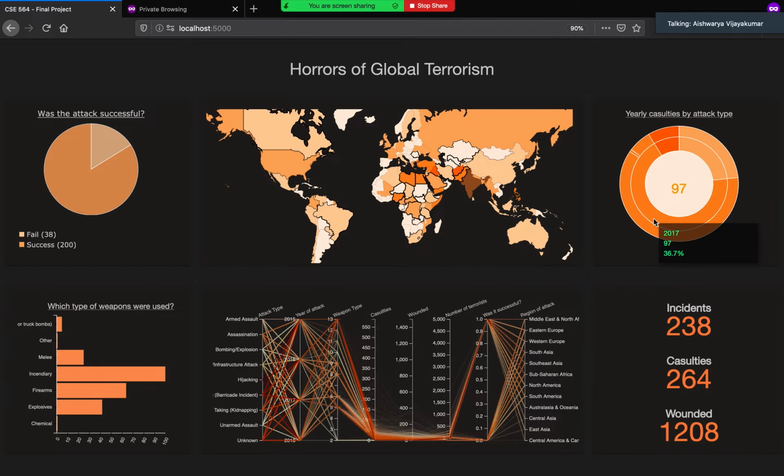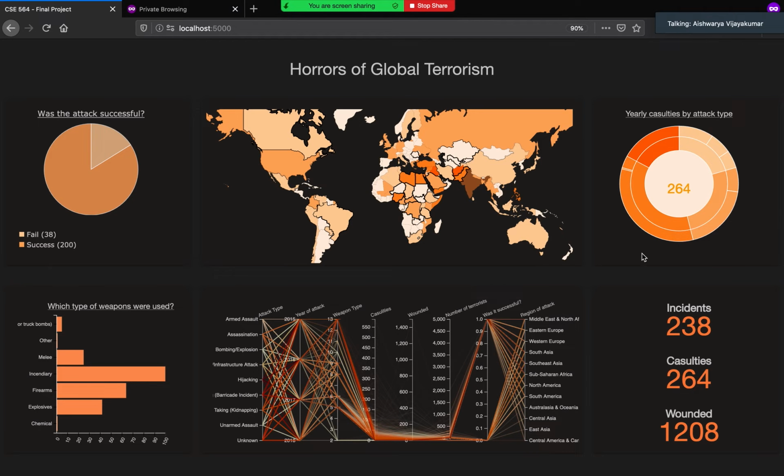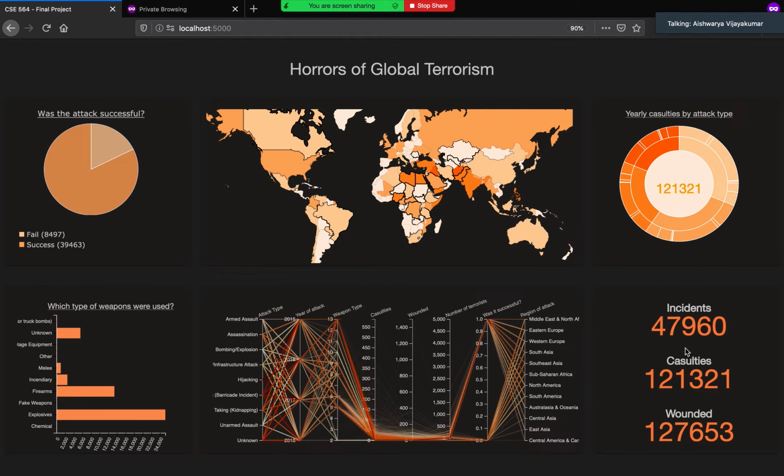The sunburst also has a feature of being able to zoom in and only target a particular year. Here we are just seeing 2017's data. This would be very useful when there are many types of attacks taking place because it would give us better viewing capacity. Now let's move forward to the last chart, which gives us insights about the number of wounded,